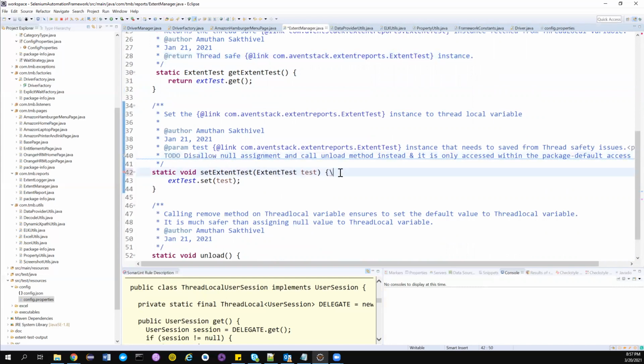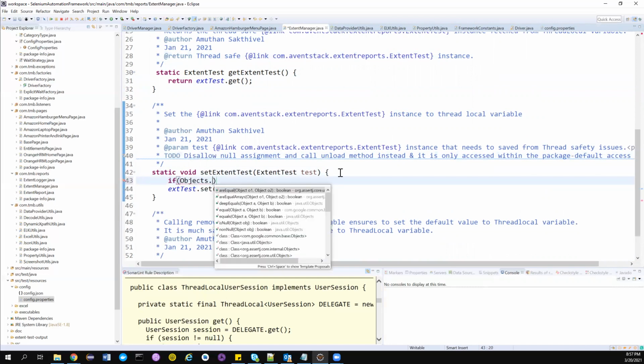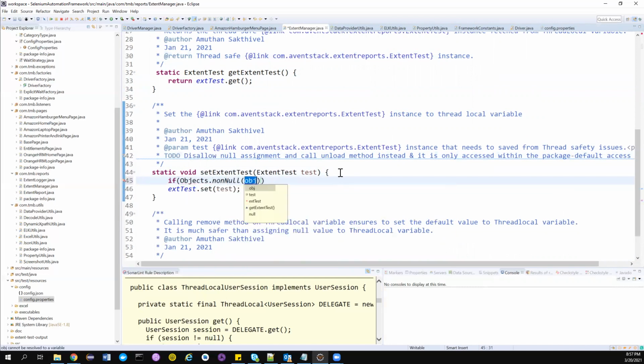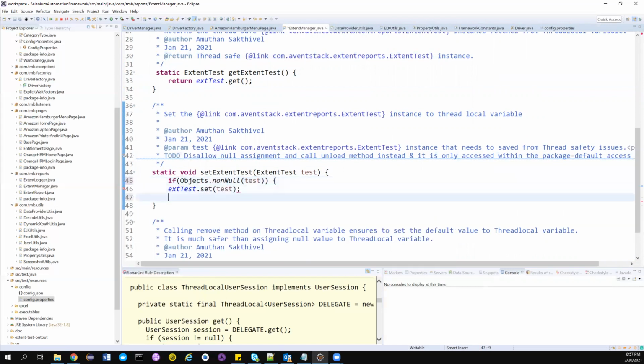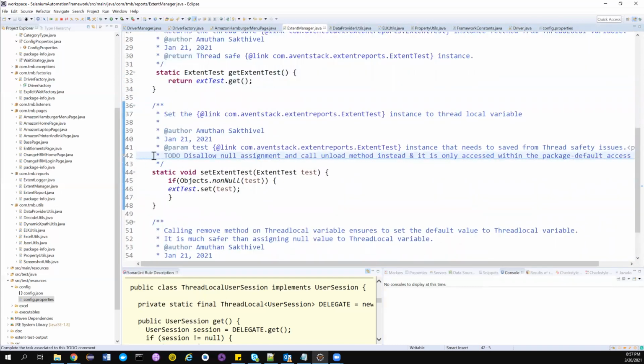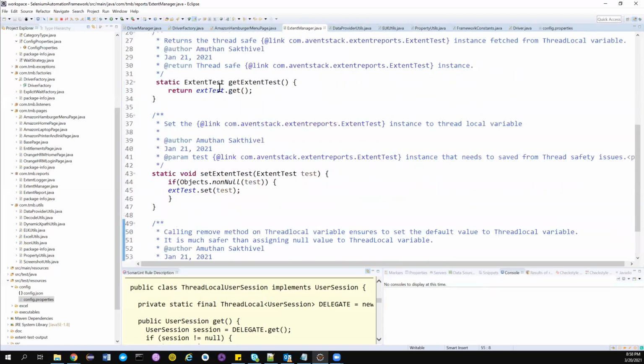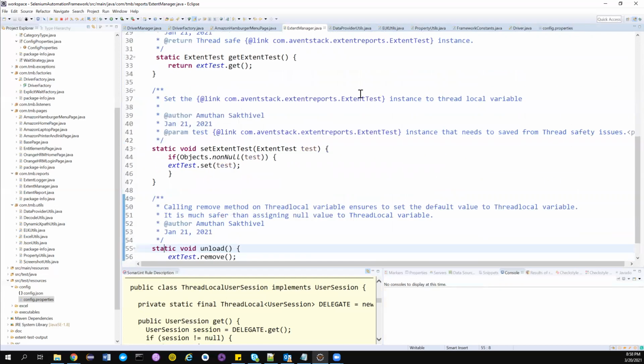So what I can do is run a simple if condition. Objects is a class in Java, and I'm doing nonNull of this object coming there. If you want, you can add the braces as well. Control A, Control S, right? So we have done these two things. And the same way, this is already changed, so you don't have to do any change. So these particular things are done. Everything looks fine here.